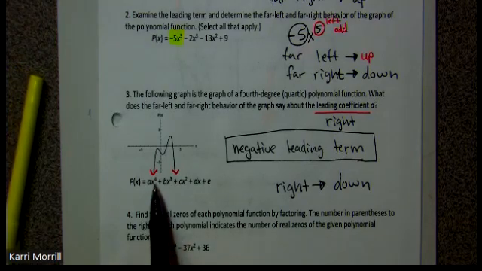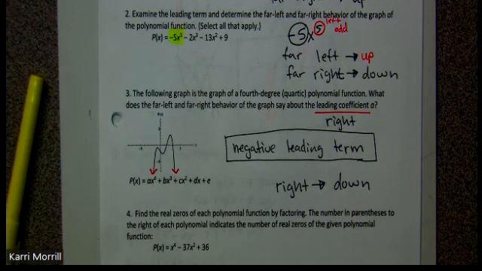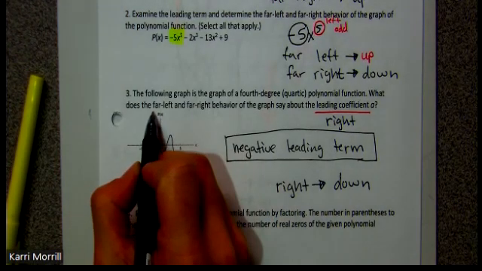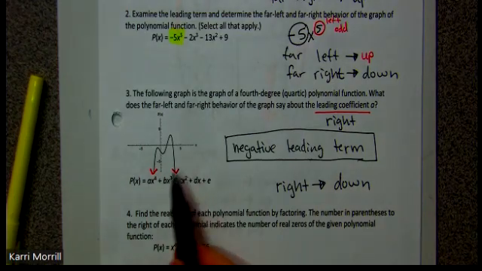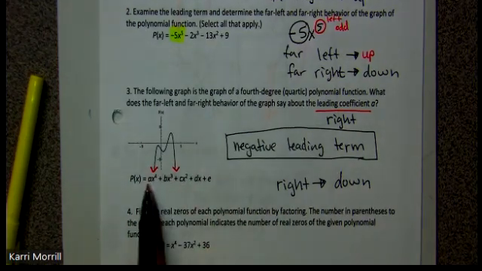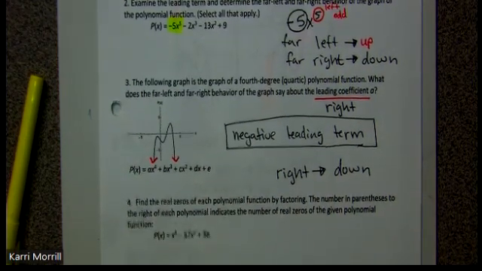And we knew that the exponent was even just because the left-hand side was going down, but they weren't asking you about the left-hand side really. They were just trying to ask you, what does it say about the far left and far right behavior? But all that's already going to be together, and really all we had to identify was the right-hand